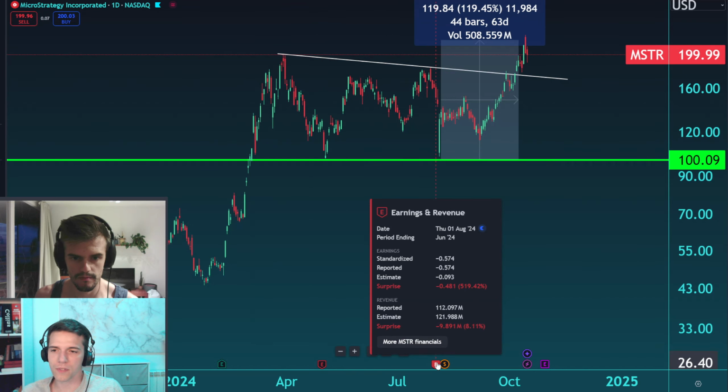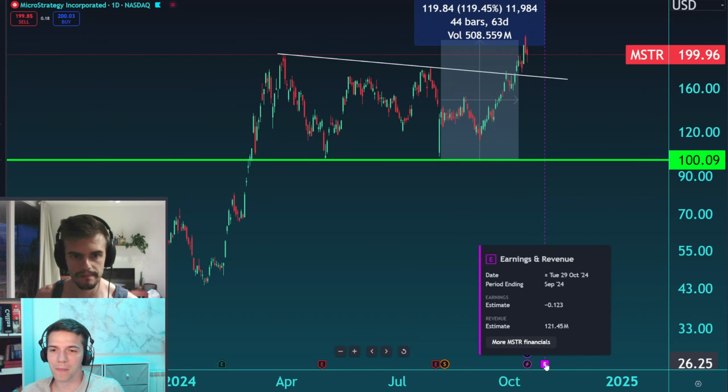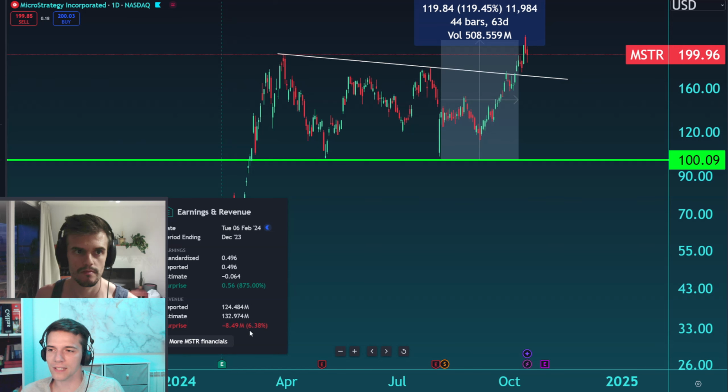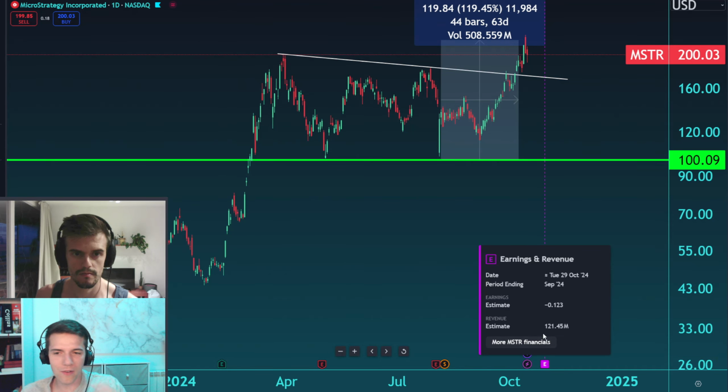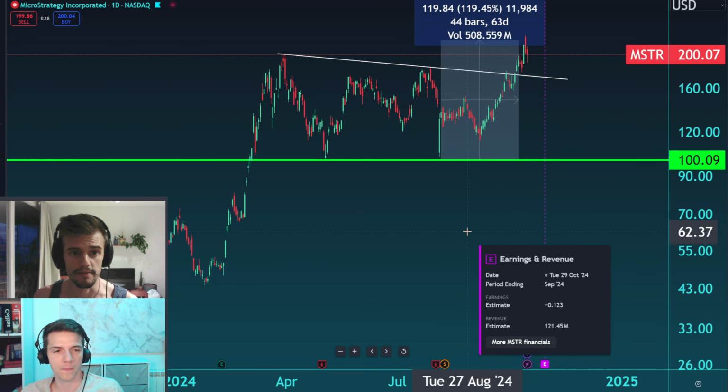Then minus 0.57, and the last one we have an estimate of minus 0.12. What I'm trying to say, guys, is that at that time it was completely justified to go up. But here we are talking about negative estimates, negative reported earnings, and the stock is going up as well. Yeah, the thing is I'm searching for information right here on Google, and you can see